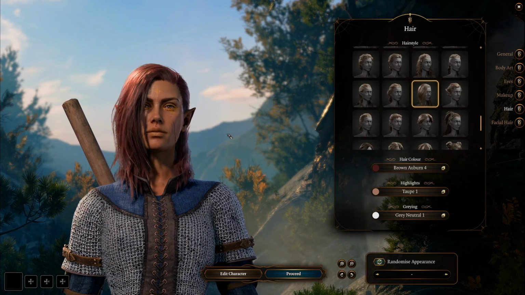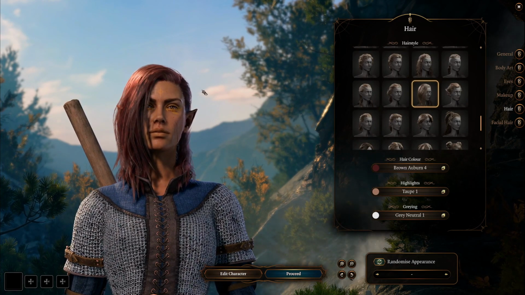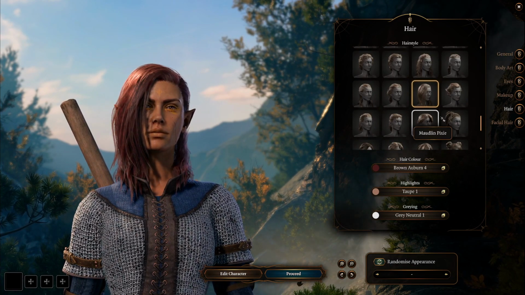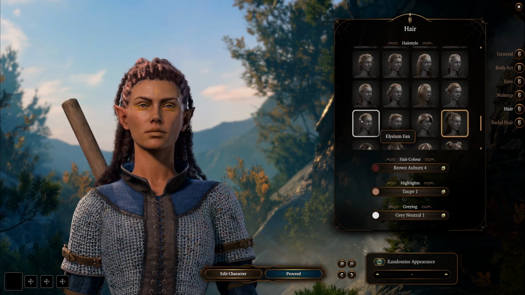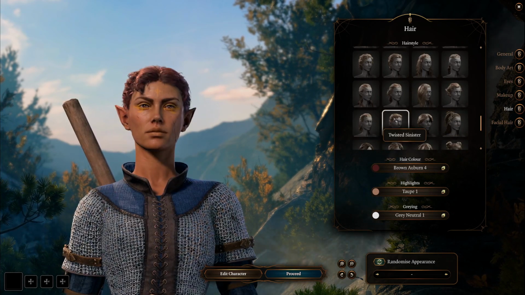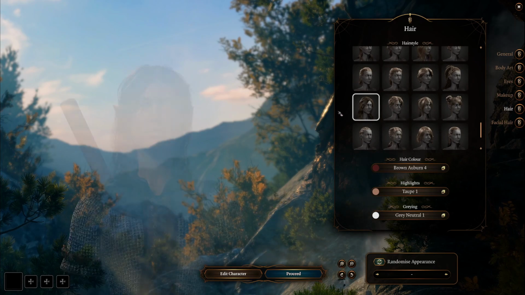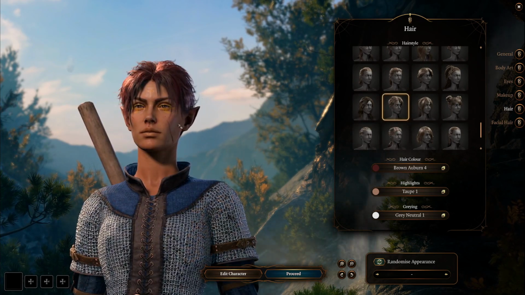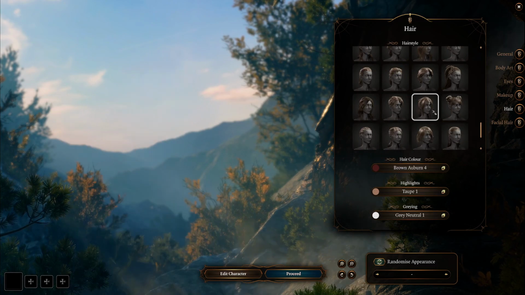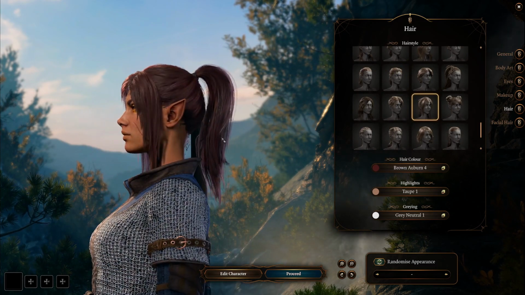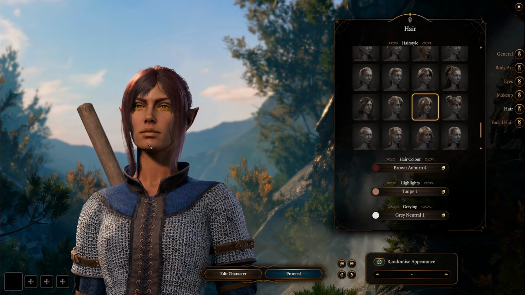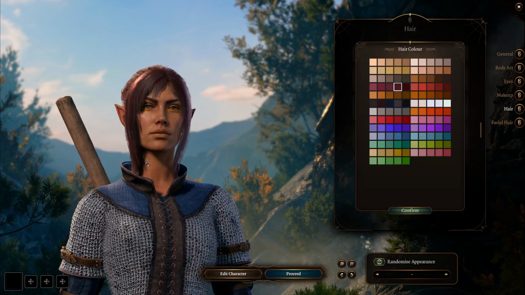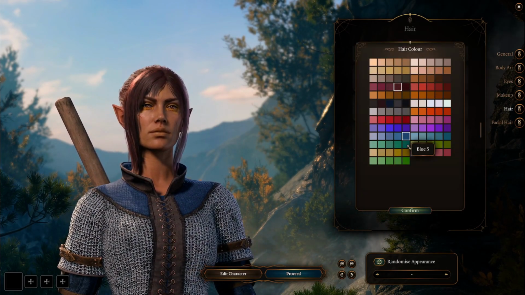I kind of would like, if we're gonna do Bard, we're gonna do Bard later, so let's save that for the Bard then. But I really like that hairstyle. It's a nice one. We'll go with this. I like ponytails, so this works for me right here. The hair over the side.